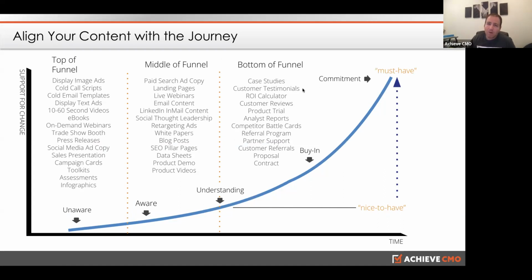If you're at the bottom of the funnel, case studies, testimonials, reviews, trials, competitor battle cards, and referral programs all become more relevant. In the middle of the funnel, you might be looking at your paid search copy, your landing pages, your webinars and events or white papers, right? So align your content with wherever the journey is at and create content to support that journey.